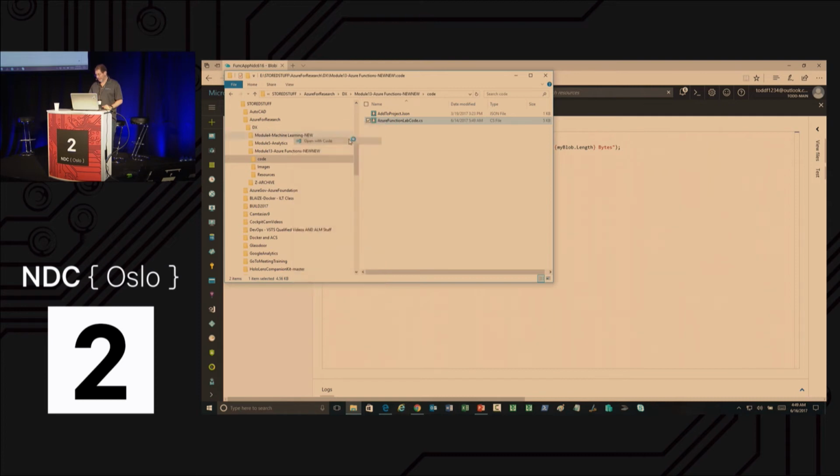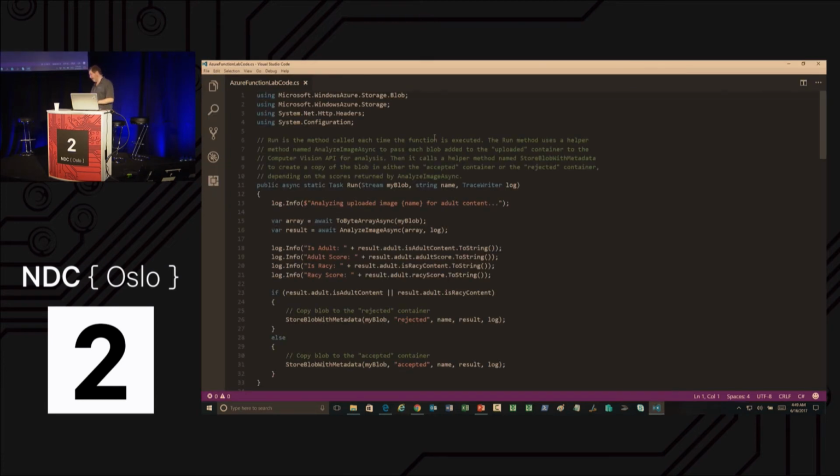Now, audiences are weird. Sometimes they say you're faking it unless I'm typing in every line of code, but the purpose is not for you to watch me type. The purpose is to see how an Azure function works. So let me take you through this. I put a lot of comments in so that you guys can see it if you're downloading the repo.